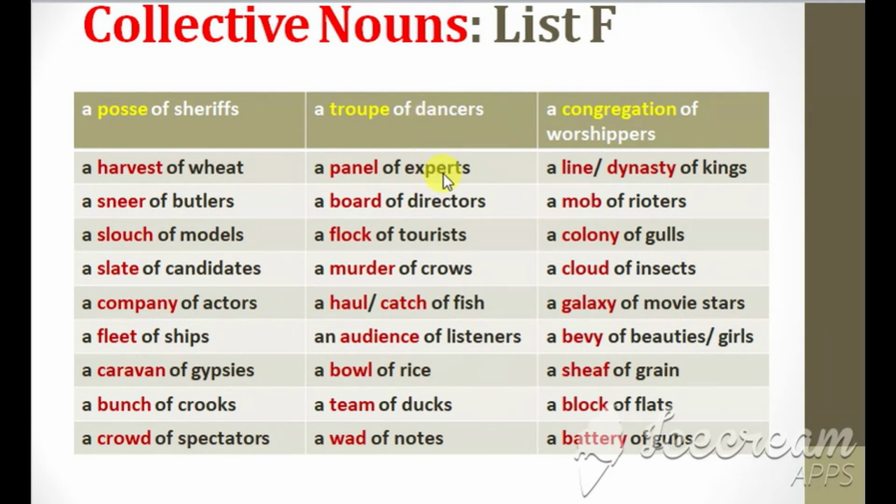a panel of experts, a board of directors, a flock of tourists, a murder of crows, a haul of fish or a catch of fish, an audience of listeners, a bowl of rice, a team of ducks, a wad of notes, a congregation of worshippers, a line of kings or a dynasty of kings, a mob of rioters, a colony